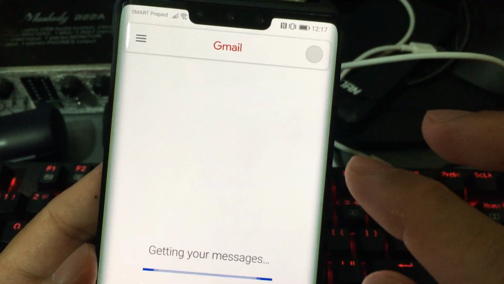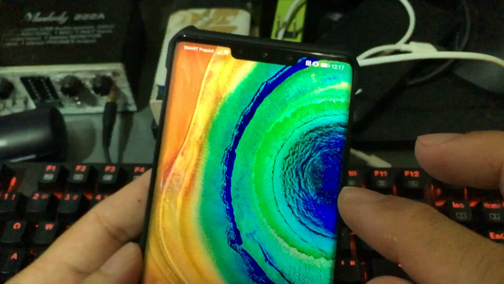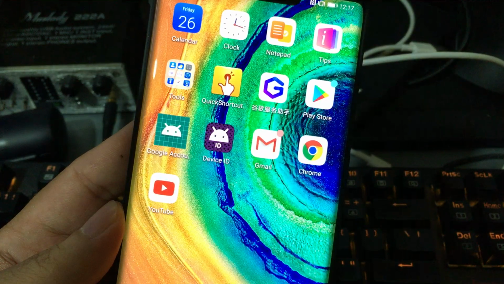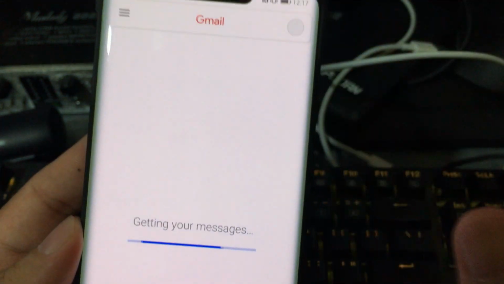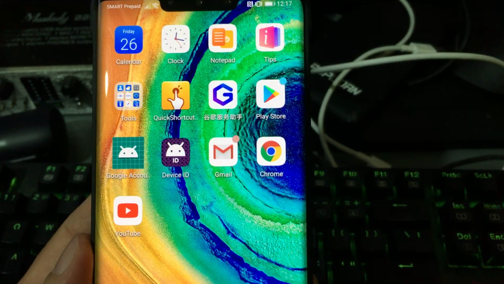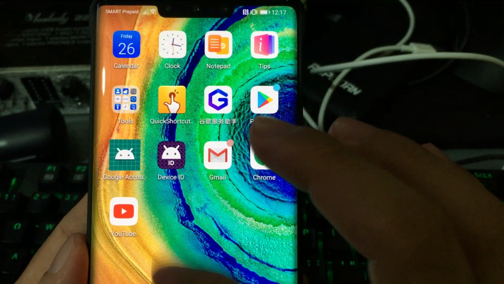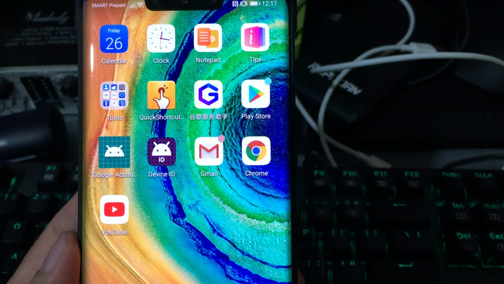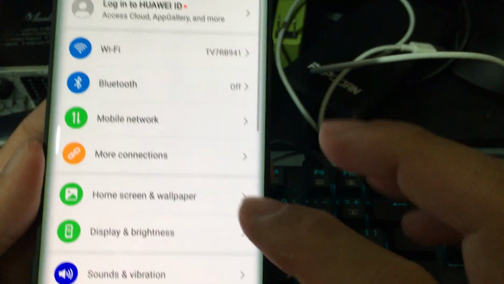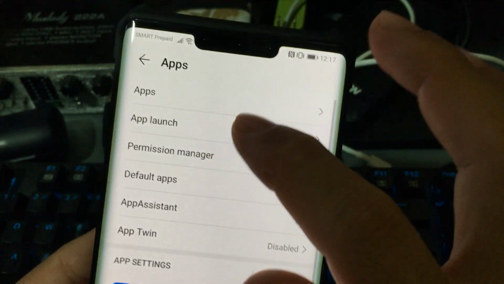It seems to be still working, but we're still having some issues with our Google applications. Some of them won't open, some of them will, but it's erratic, so it's not yet really good. Okay, so at this point, guys, if we are getting a lot of problems when just clearing the data of our framework application, what we are going to attempt next is to go back to the apps first,